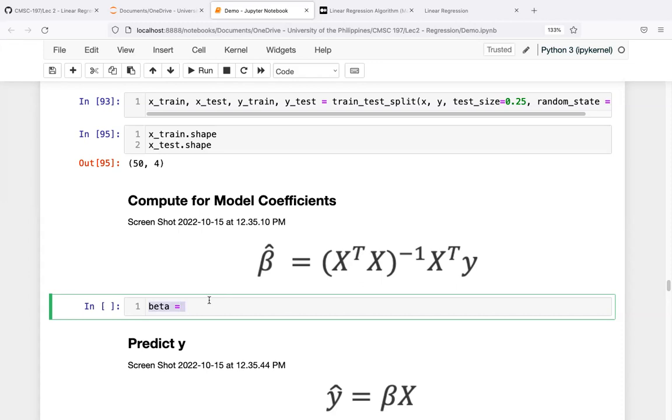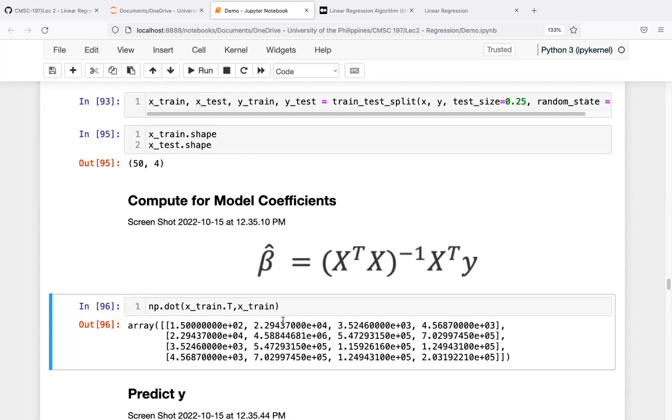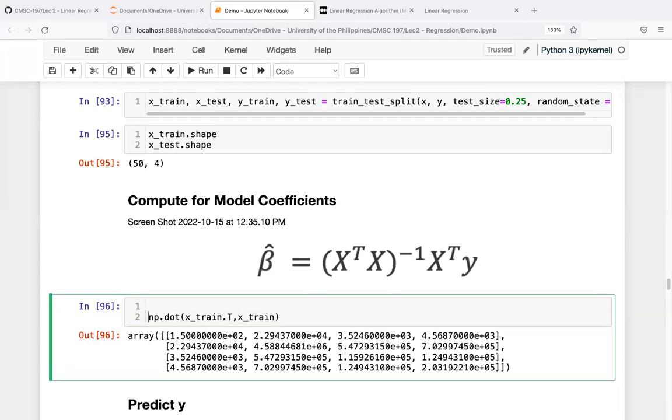Okay, so let us visualize it one by one first. So we have the X train and its transpose, and then X train, and then we will take their dot product. And it gives us these values. And now we are going to take the inverse. So we can do it using np.linalg.inv,